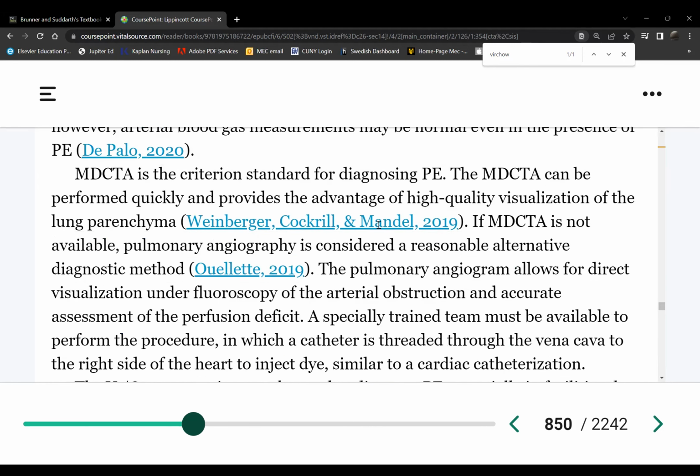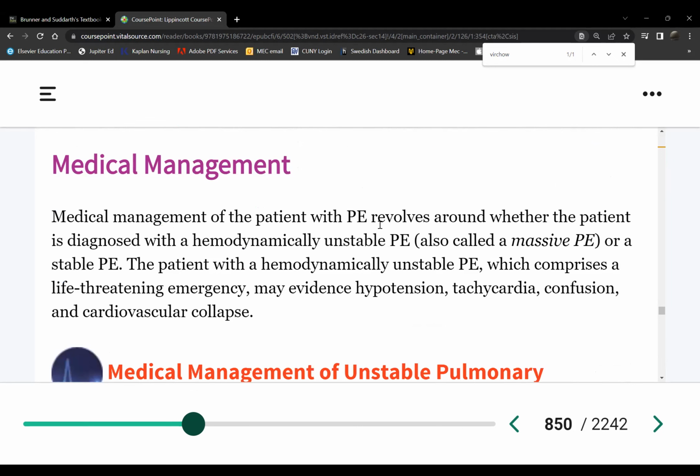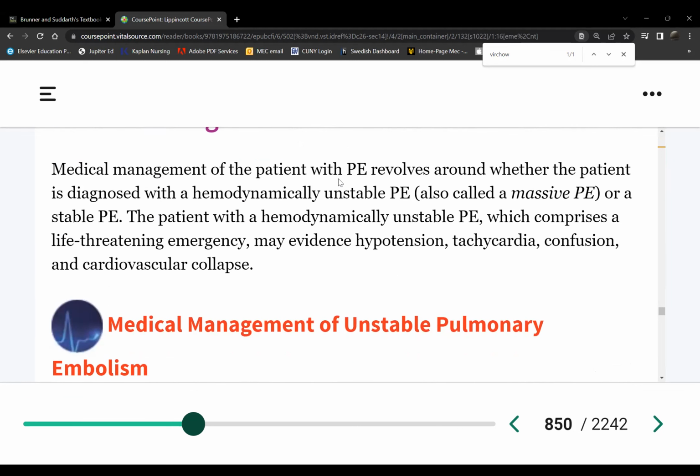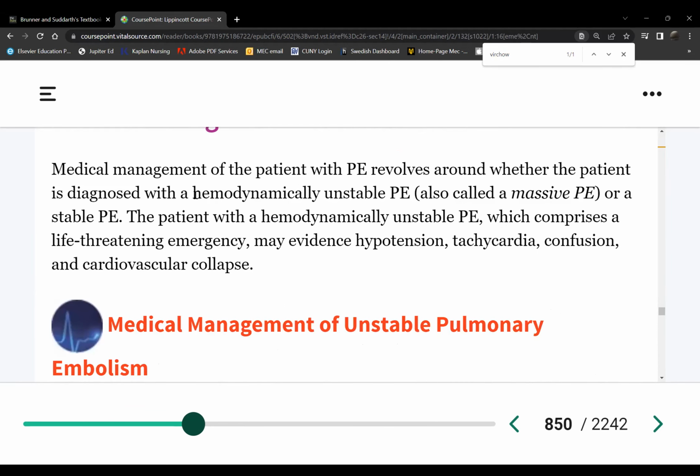All right. So once the diagnosis is made, we start the therapy right away. Let's go to medical management now. Treatment will depend. Is this a low-risk PE? Is it a submassive or is it a massive PE? Massive PE is also called hemodynamically unstable PE. They usually go straight to the ICU because they're in cardiac arrest. If they are in cardiac arrest, what do we do? BLS. All right, very good.